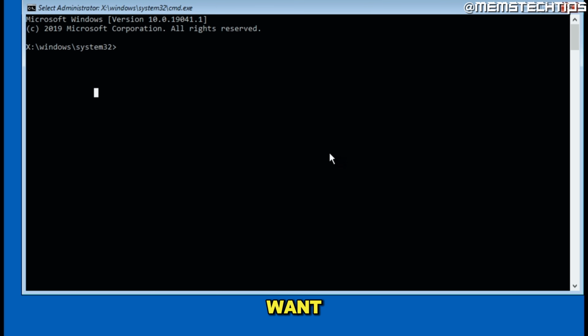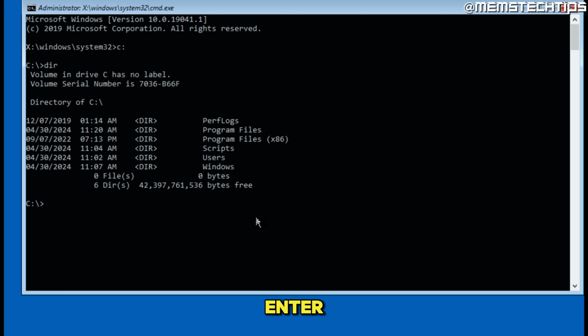So the first thing that I want you to do here is type C:, and then press enter, which will take you to the C drive. Then type dir for directory and press enter. And then you need to check if this is your Windows installation drive. Your Windows installation will have the same folders that I have here, but it might not necessarily be on the